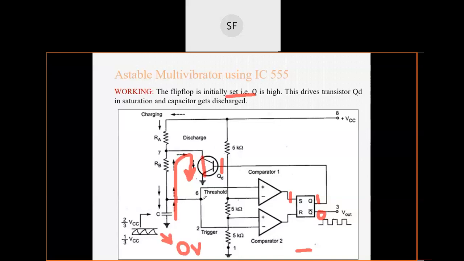Now this connection is very important. At this connection, the voltage across the capacitor is equal to the threshold voltage, and it is also